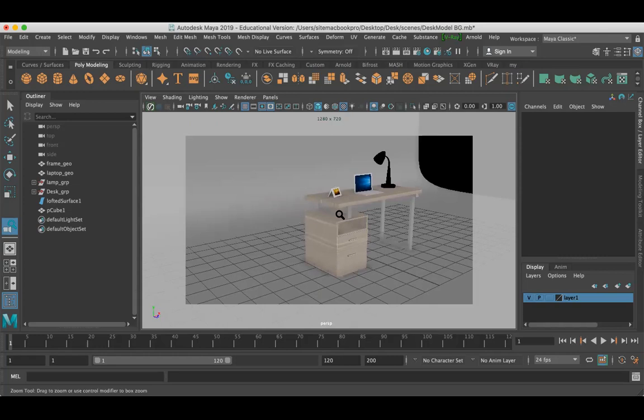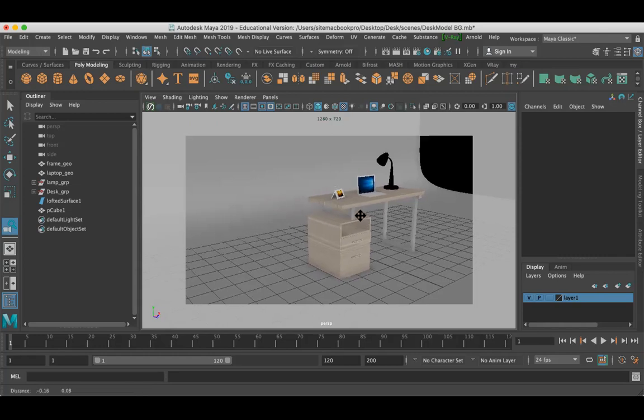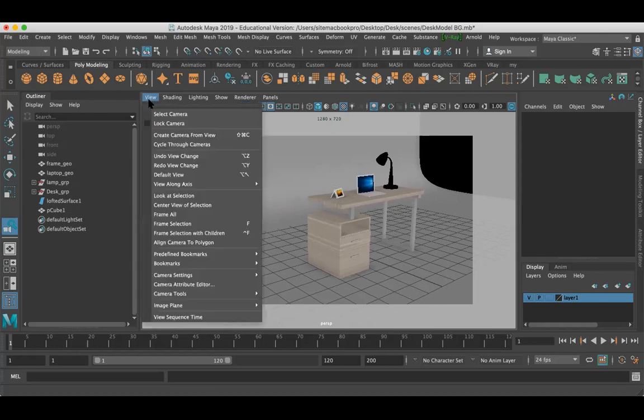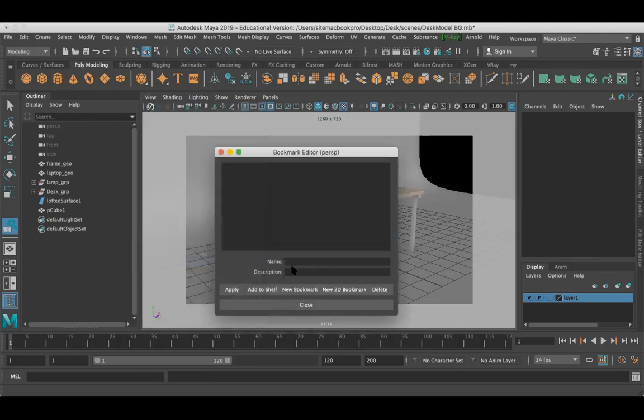Okay, it's not a very difficult pipeline. It's an easy pipeline if you are very good with the previous basics. Okay, then you can work properly. So this is the view. I got a beautiful view, and now I want to save this view. So go to view. Okay, and here under the view you can find bookmark. Just click edit bookmark. Okay, and here you can find a pop-up bookmark perspective.